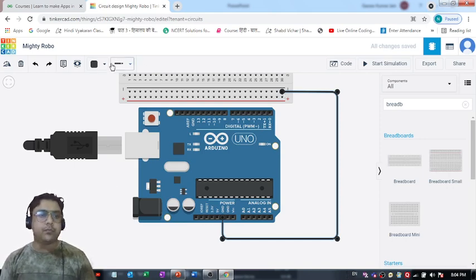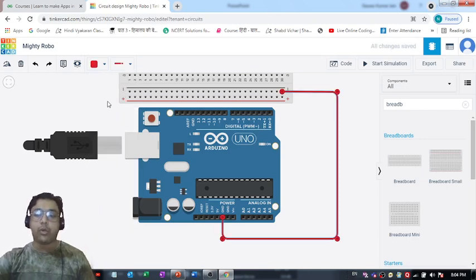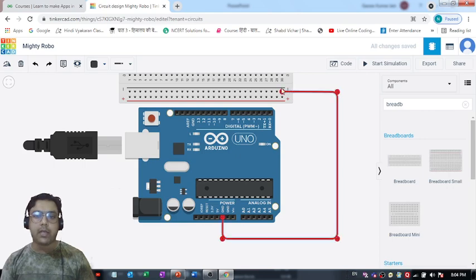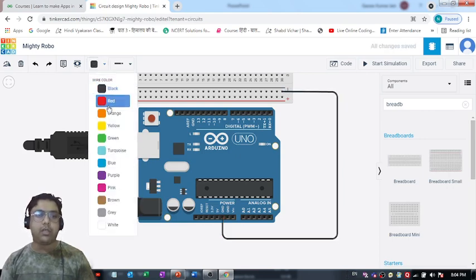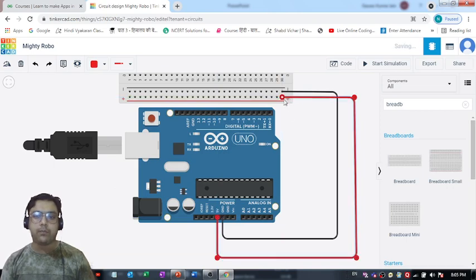Then we can make use of this red wire, and let's join this 5 volt. I think the color of this wire has changed from black to red. I need to make it black again. Okay, it's black now. Now we can change it to red, and let's use a red wire for connecting this 5 volt pin to this positive terminal of this breadboard.